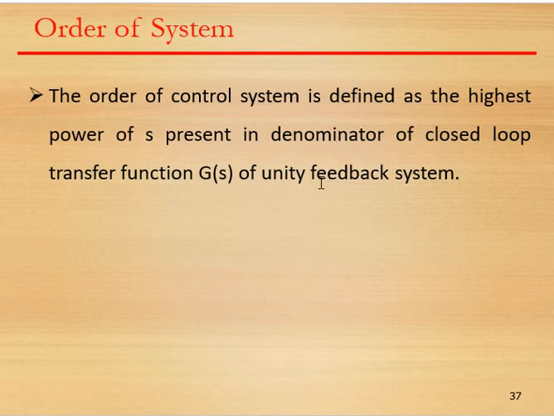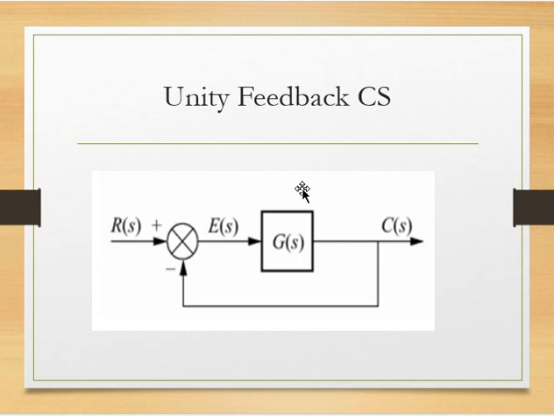First, let us see what a unity feedback system is. If you see, this is a simple unity feedback system. There is no feedback element like H(s) here. It means the output is taken directly and given to the summing point like this. So this is your summing point, and it is given like this. This is called unity feedback. There is no feedback element in between the output and the summing point, or between output and input. So this is called a unity feedback system.